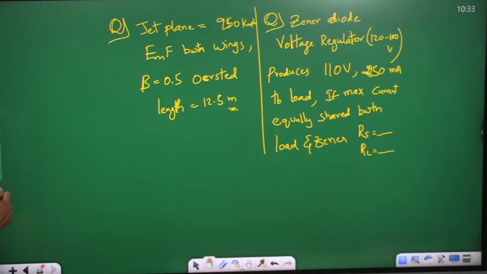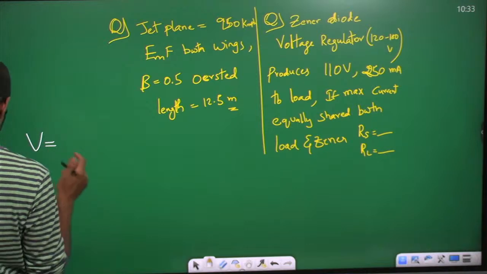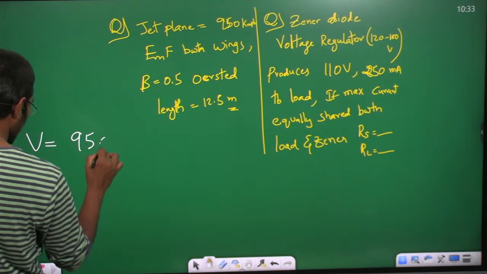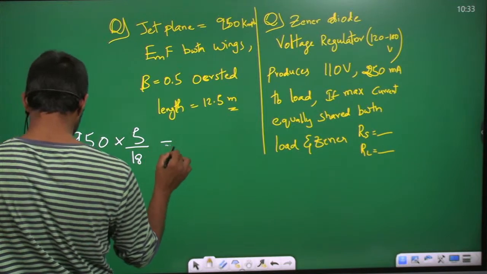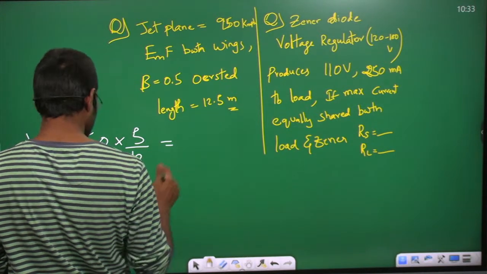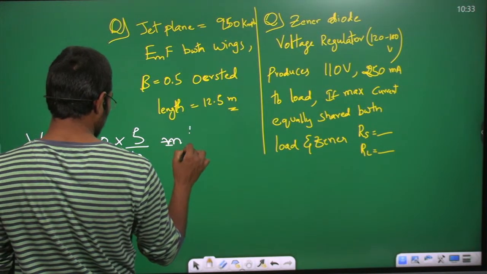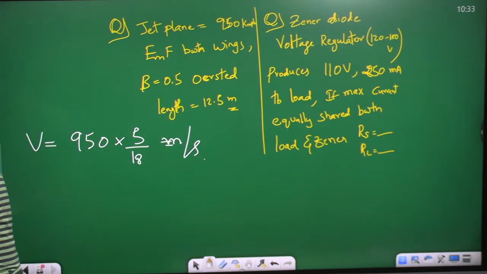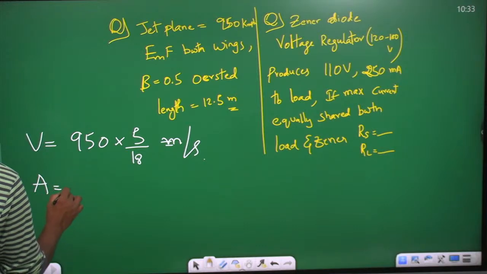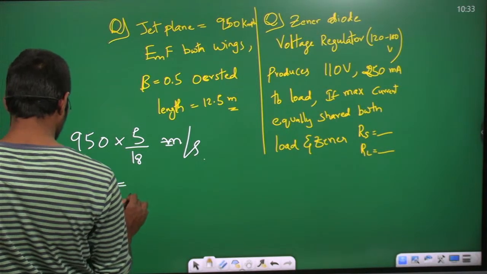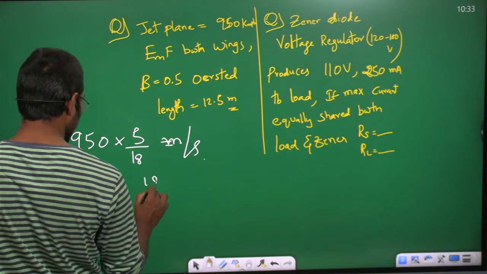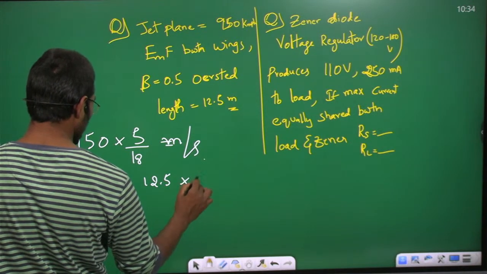See, the velocity is given as 950 kilometers per hour, right? So convert it into meters per second. So 950 into 5 by 18, you get some meters per second. Okay. So the area traced, area is equal to L into V. So length 12.5 given into velocity,